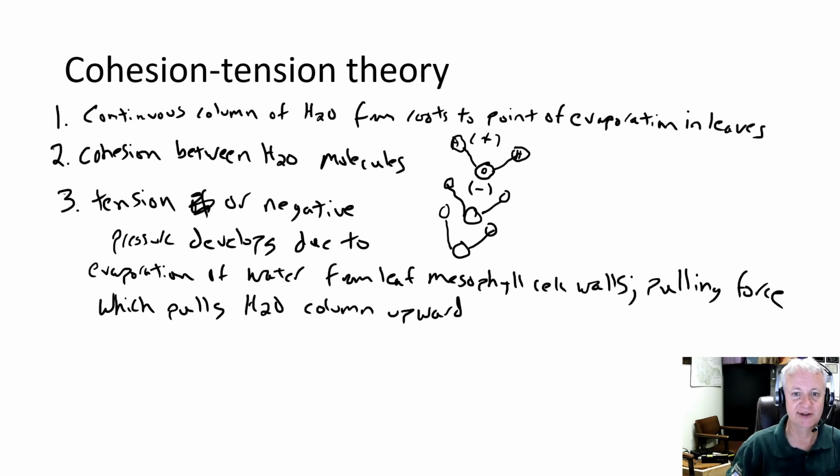Okay, so there's a continuous column of water. The molecules in that water column stick together. As water evaporates from the cell walls, that generates a pulling force that pulls the water column up the tree. Okay? One special note,